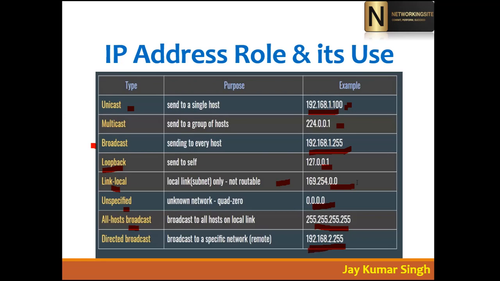Directed broadcast. No, this is the broadcast for a network. For the 192.168.2.0 network, the broadcast IP address is 192.168.2.255. This is class C. Class C has many networks, so in that we have this network, and this is the broadcast IP of that network. If this is the broadcast IP, what is the network ID? The network ID will be 192.168.2.0. The 0 will be the network ID.